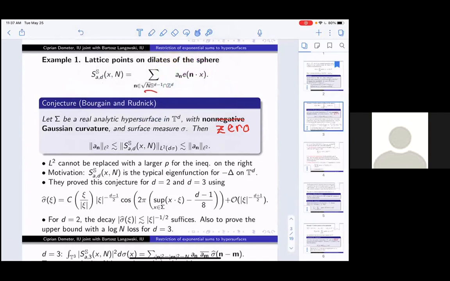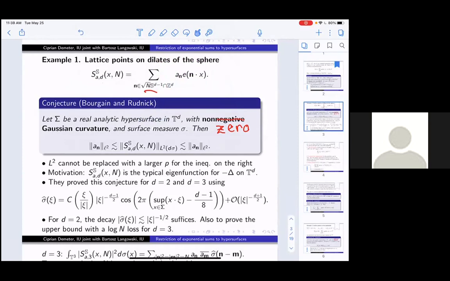And I'm looking at the lattice points on such spheres. You let square root of n, or n, go to infinity, and try to understand what happens to the moments of such exponential sums. There's this conjecture by Bourgain and Rudnick. It may have been asked before them, but they formulated it and produced some positive evidence in its